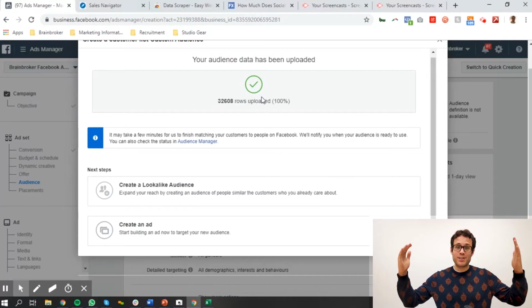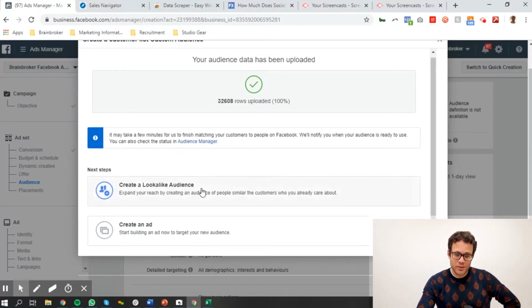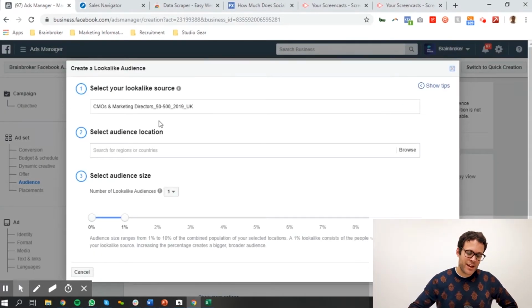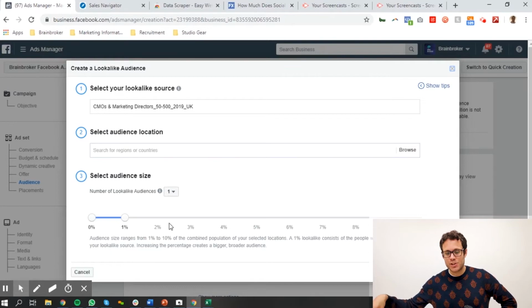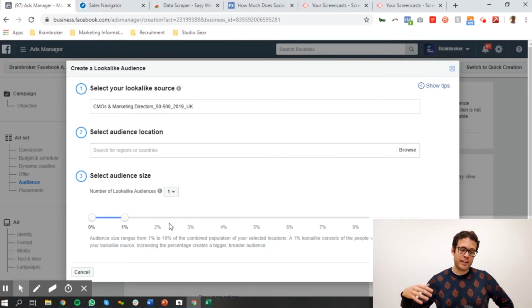And here is the absolute killer, the sweetener on top of this already cream pie. Create a lookalike audience. So let's say we find 7,000 people on Facebook that match our list. We can then ask 1, 2, 3, 4%. All these percentages mean is find me the 1% of Facebook users that most closely match these people. So it'll take every user on Facebook and find the 1% of them. So out of the 2 billion, it's going to find the 1% that match your initial seed audience.